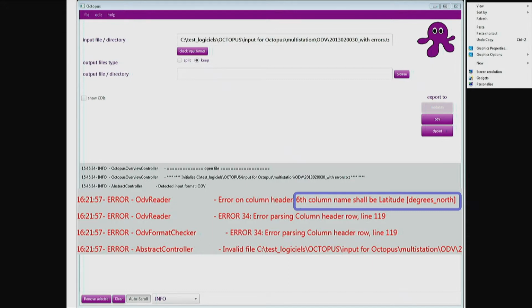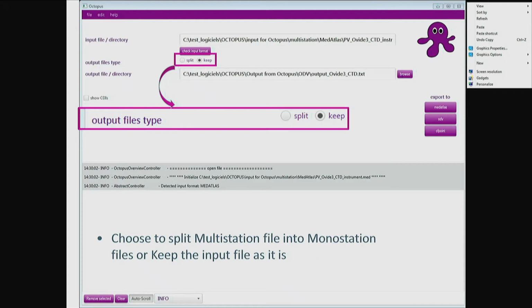Or it will say that the label that you use in your ODV file for the 6th column should be latitude degrees north and not the one you have input in your file. So you have to correct your file and change the ODV label of the 6th column, and so on. So you have several checks like that, and the same for MetaDLAS format.